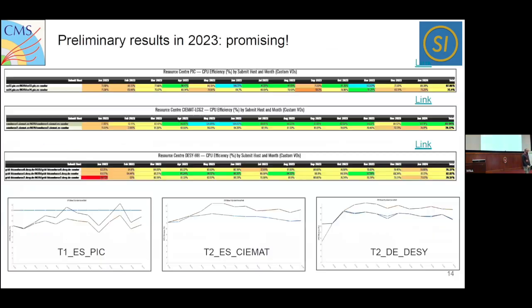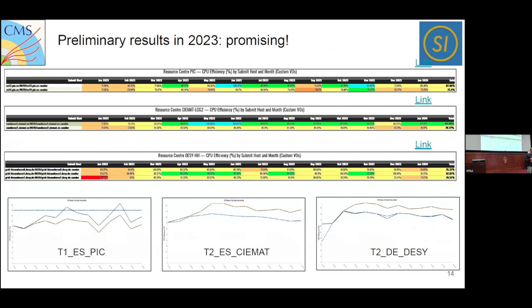So some results. This overloading was enabled early in 2023 on a few sites, PIC, Siena, Tendesi. We enabled that only on half of the resources, so each site has multiple compute entry points, and we only enabled it in half of the compute entry points. You can see in the chart, as soon as we enabled the overloading, the efficiency